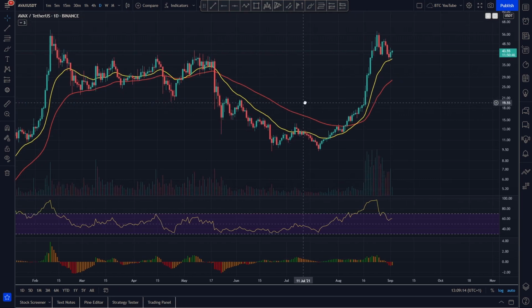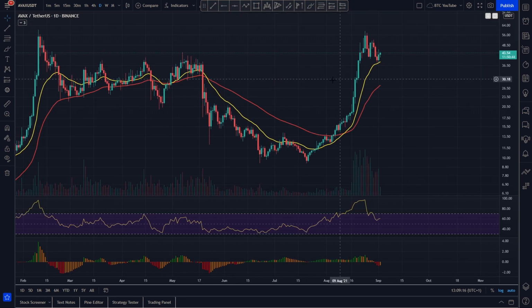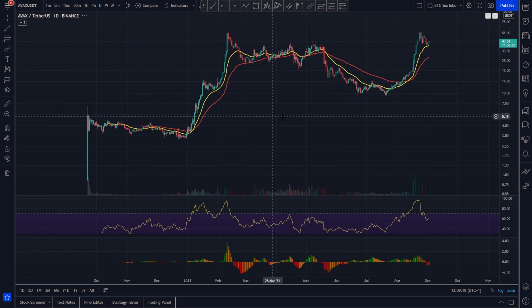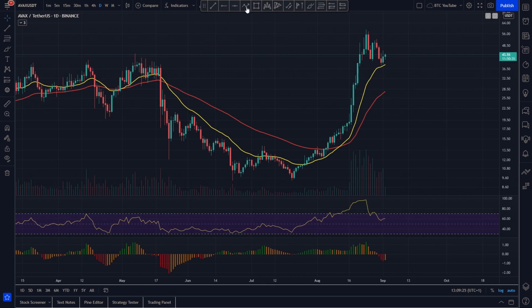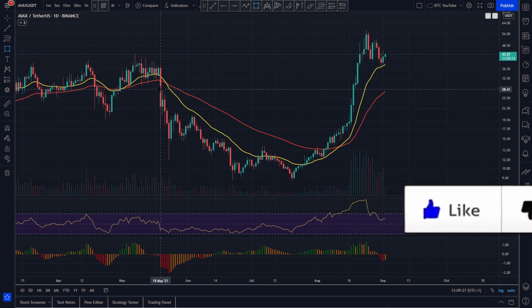So we're just taking a look at Avalanche here. And as you can see, this is an absolutely crazy chart, isn't it, for a start? Look at this, a massive run up here, huge consolidation period for a long time here. And then obviously we get the crash in May, just like we did for a lot of cryptos. We come down, we basically form our range.